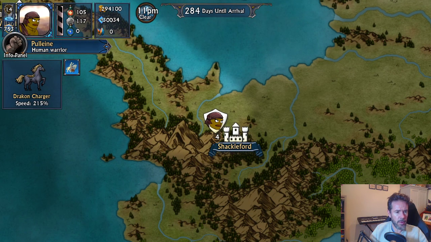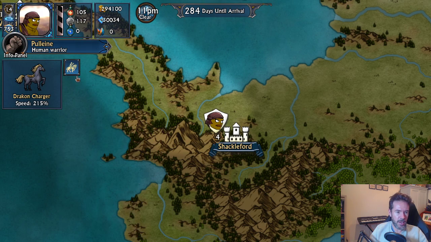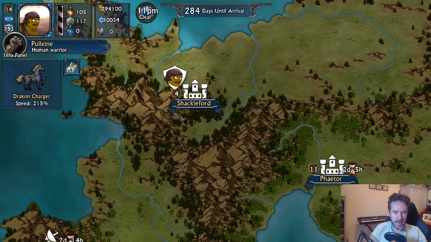Okay, we're going to go to the overland now, the overworld. See, here we have a Dracon Charger. This button here selects which charger to ride. When you have more Steeds, they'll appear next, and you can choose a faster horse if you want. I haven't put any kind of other advantages or penalties, but now,